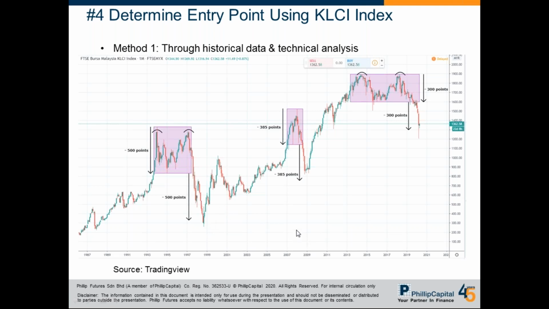Let's see what happened in 2008. So in this, from the peak to the neckline, it breaks the neckline. A drop of 385 points. So there is a drop of 385 points. All right, so for this one, it doesn't quite reach this bottom. That is why I say we always need to use method 1 and method 2 together. So we will look at these keys in method 2 later on.